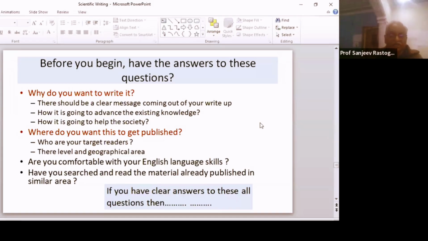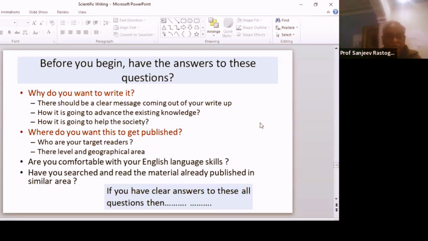If you are publishing something in Nepal itself, and your target readers are the Nepalis only, or the target readers are the people who belong to the South Asian region, you need to focus upon their own needs. There are specific needs which are belonging to that particular geographical area. But if you're thinking that your research should be published in some international journal, which is also supposed to be read by the people who are not from Nepal or who are not from the South Asian region, you need to think of how they would be understanding your manuscript. So your standard of writing should be elevated to meet the standards which are required for the international readers also, which are not belonging to your particular area.